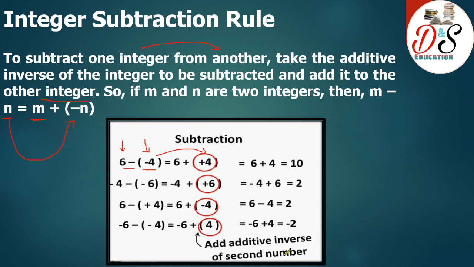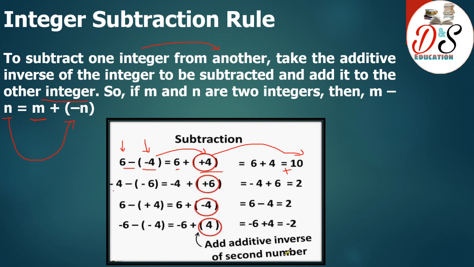Means whatever you are subtracting from one integer, आपको second integer का additive inverse लेना है। -4 का additive inverse क्या होगा, +4, और ये माइनस साइन प्लस में चेंज हो जाएगा। Means we are now adding these two integers. So we know that when we have the same sign, that is both integers are positive, we will add them and put a positive sign in front. Okay, it is not compulsory to put the positive sign.